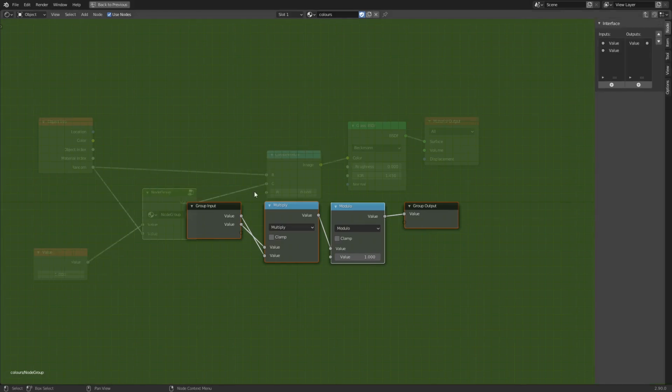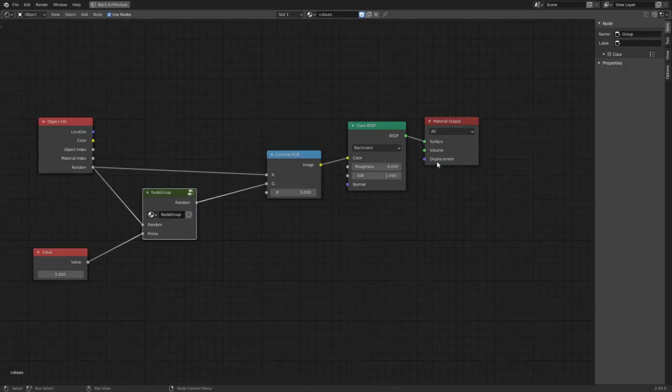I want those the other way round, please. Select them, and that one's going to be called random because we input a random number, and that one's going to be called prime. We're going to put prime numbers into this one, a different prime number each time, and we'll put the output, we'll call that random as well because it is a random number. So if we tab out and then we call this more random,